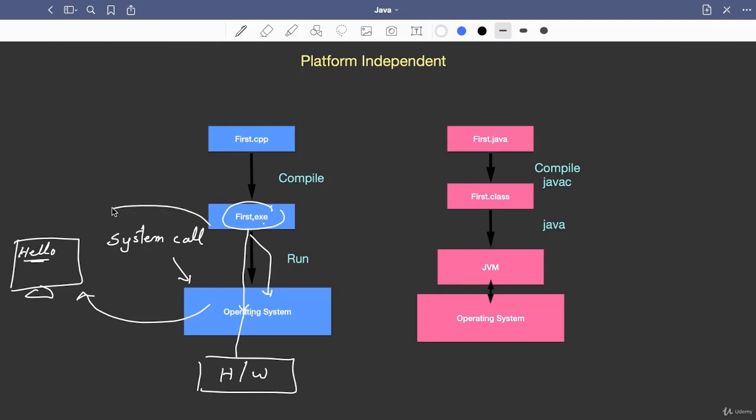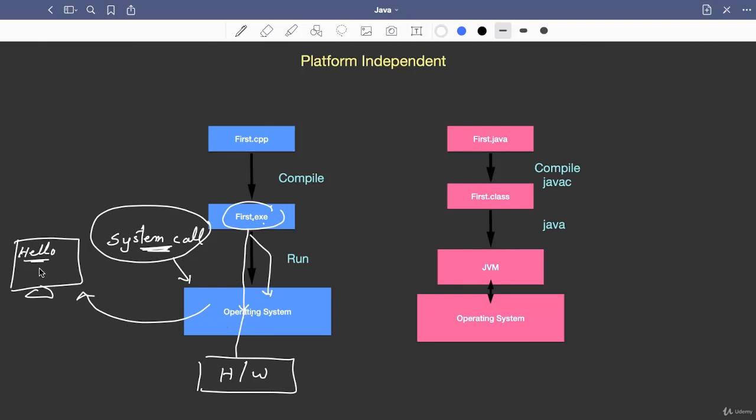So whatever the options or numbers that you are calling, those are nothing but system calls. Like you want room cleaning service, you make a system call. You want some food or water, you make a system call. You want laundry, you make a system call. So you cannot do anything by yourself. It's not your home. That hotel is not your home. So you have to make a system call to get your work done. Same way, the operating system will have system calls, and the program will call system calls, and that will perform